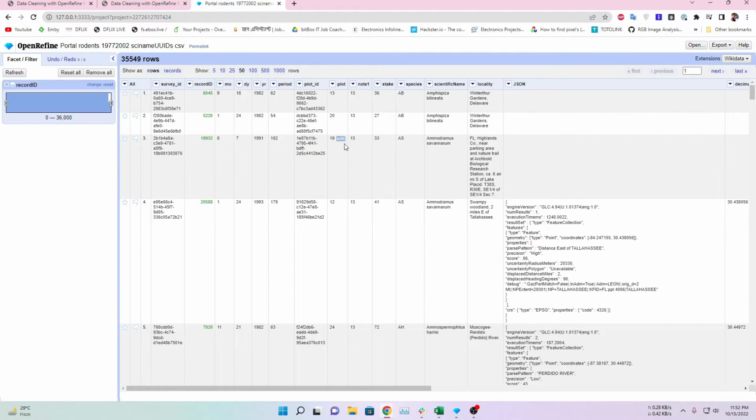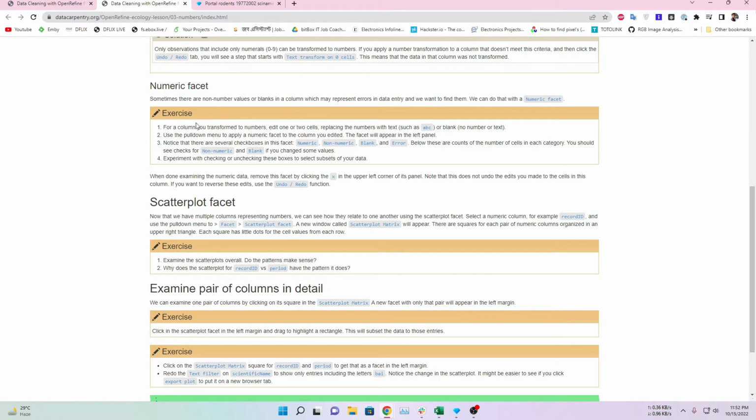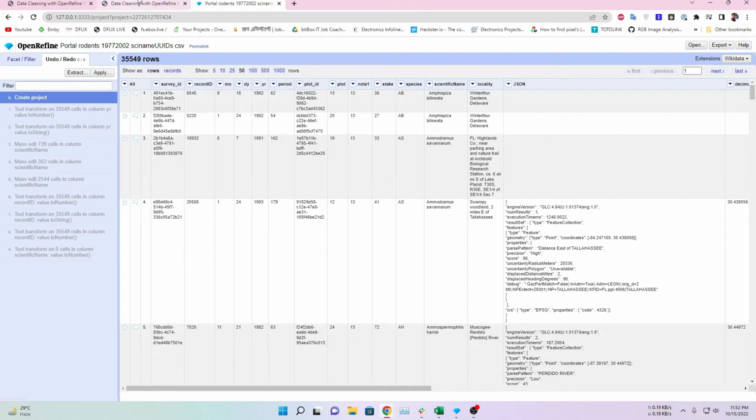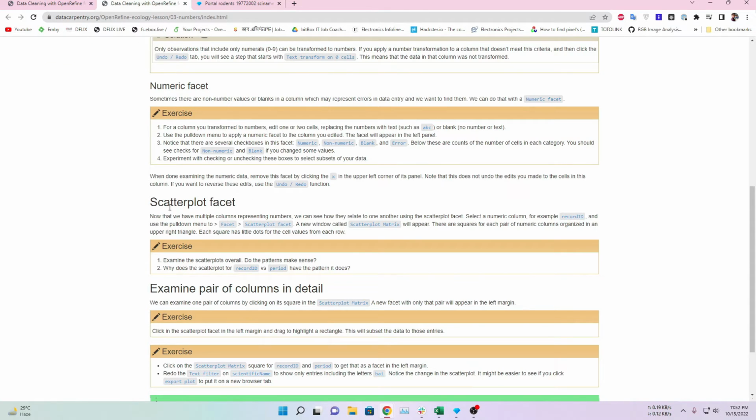Okay, head to our dataset, then click on Record ID. So we can see the numeric facet and there are some record IDs. We can filter down to how many data rows we want to see. Then click on scientific name, Facet, Numeric facet. It results in nothing because these are non-numeric values. So again we can undo our previous steps to mass edit these cells before the text transform, or we can head